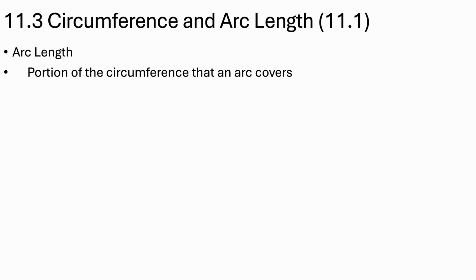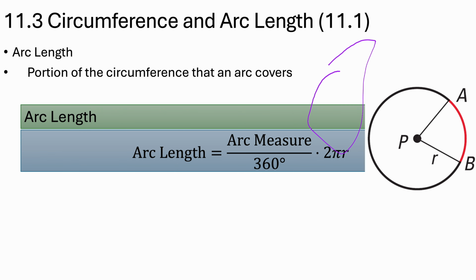Arc length. In a circle, you can take an arc and that would be the arc length. If you have a full circle, you can make an arc. So for example, AB is an arc here. So how do you find the length of the arc? This we already saw when we were discussing the circle chapter.